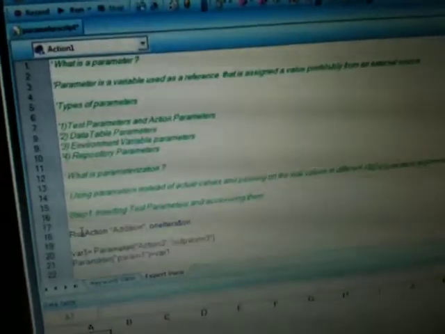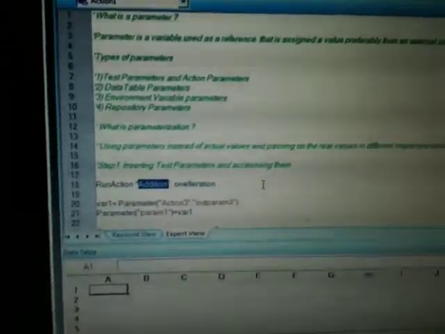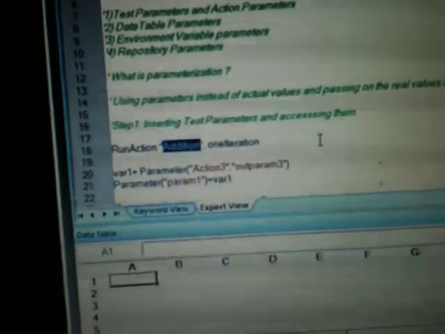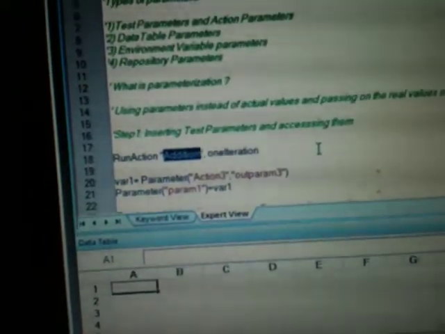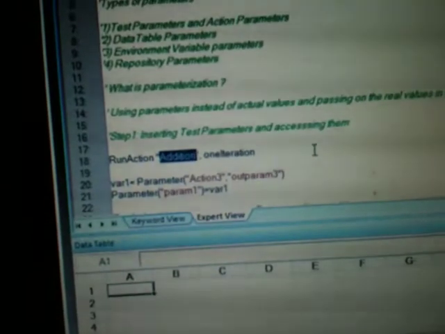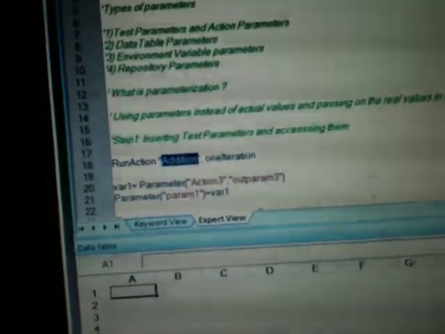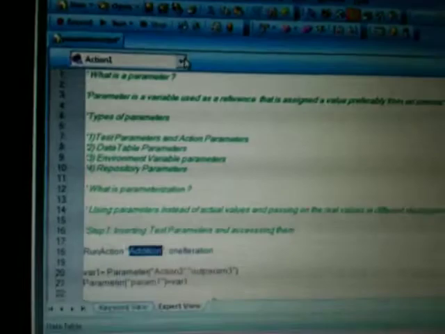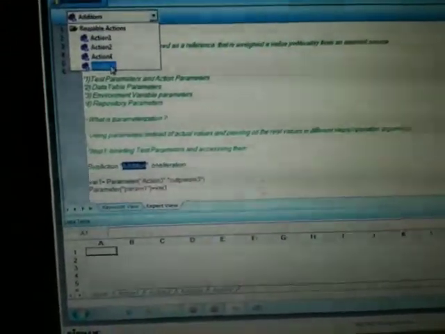From action 3, I am actually calling run action addition. As soon as I change the name, see the name automatically got reflected here. Earlier you used to have action 3, I renamed the action, so it has become addition. It asked for a pop-up now, I clicked X, modify the value of the action name wherever applicable. So I clicked upon S, so automatically the name got changed. Now let me go to addition here.